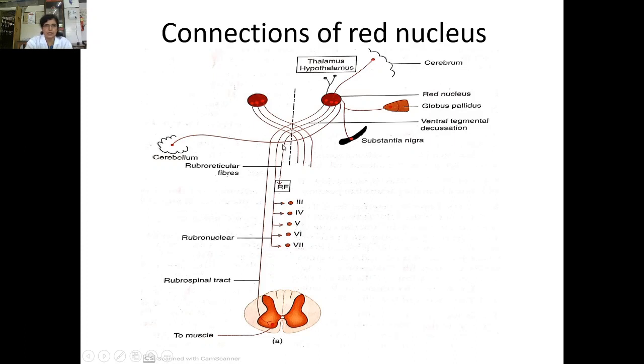And these rubroreticular fibers mainly go through the central tegmental tract and terminate in the inferior olivary nucleus in the medulla and the reticular formation in the pons and medulla. So these are the main efferents of red nucleus. They mainly go as a rubrospinal tract, rubronuclear and the